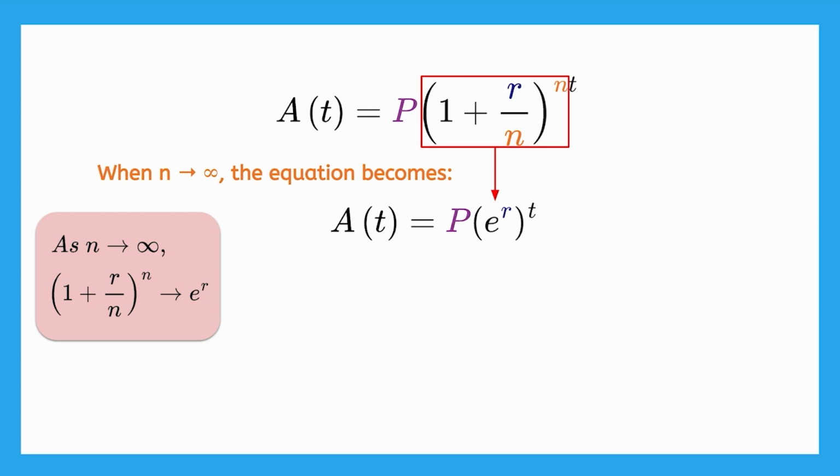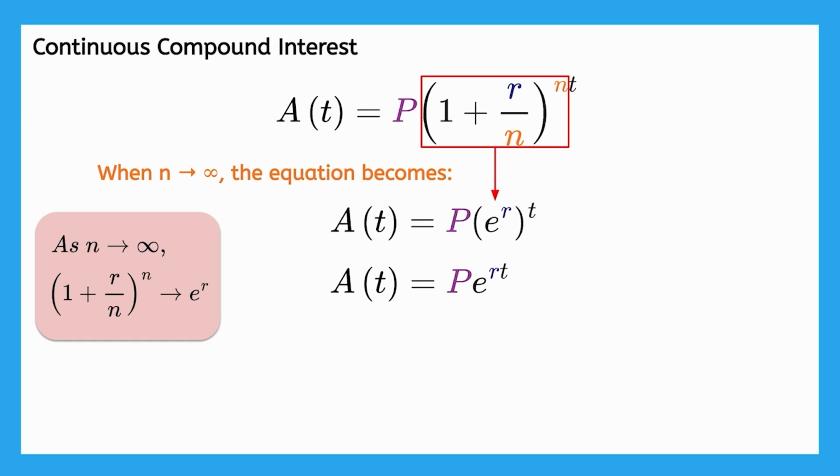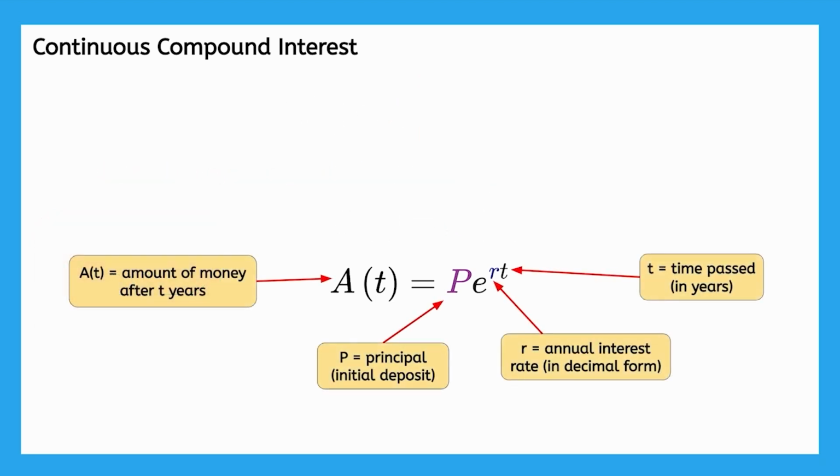Multiplying the r and the t, we get A of t equals P times e to the rt, which gives the balance in an ideal account where the interest is compounded infinitely many times in a year. That is, every single instant. Since we're compounding the interest non-stop or continuously, this type of compounding is known as continuous compound interest. The meaning of each parameter in the formula stays the same, but now there is no n because we took